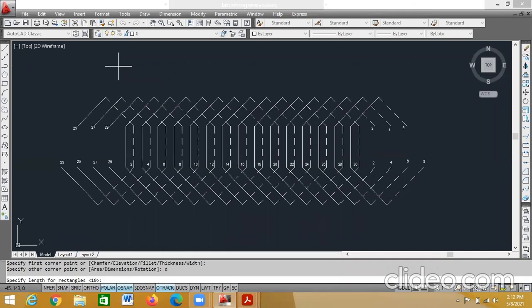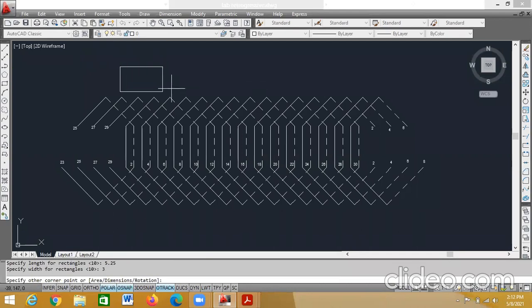It is asking the length of the rectangle. What is the length of the rectangle? 0.7 tau, so it is 5.25 for this particular problem based on the calculation. Type 5.25 and press enter. Width of the rectangle is 3. Press enter.